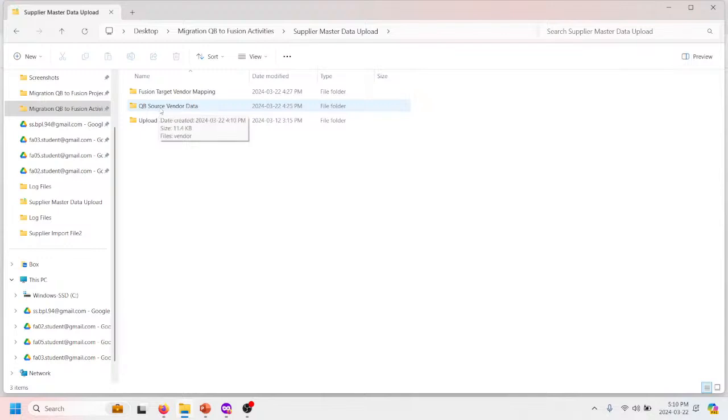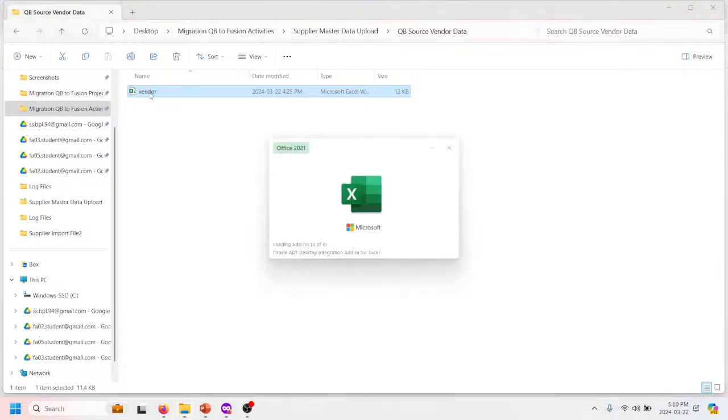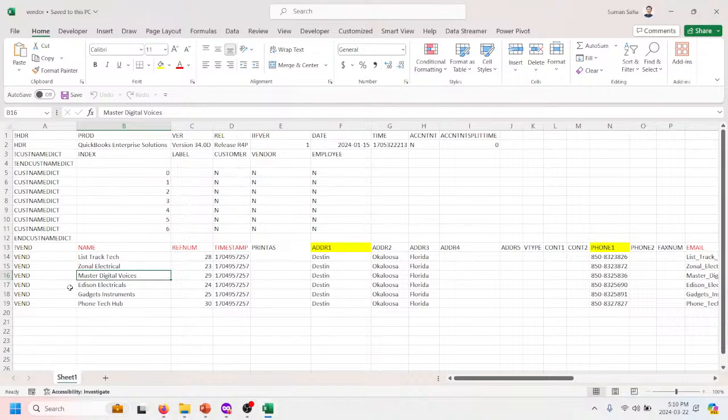If you see the QB source vendor data, this is the vendor data. So you can see this is the vendor data that has been provided,